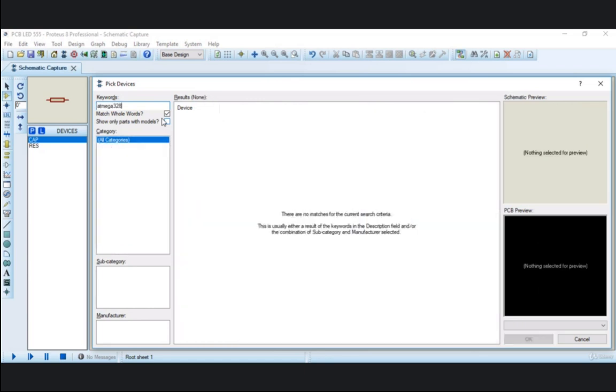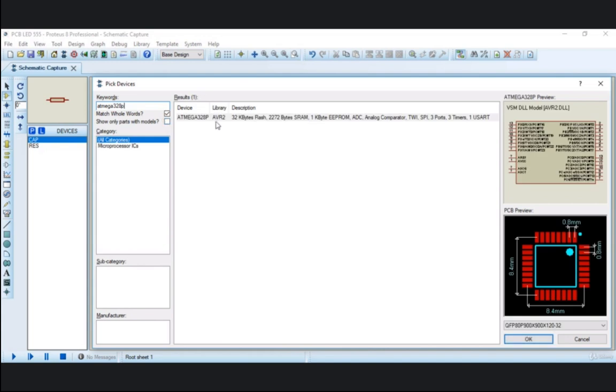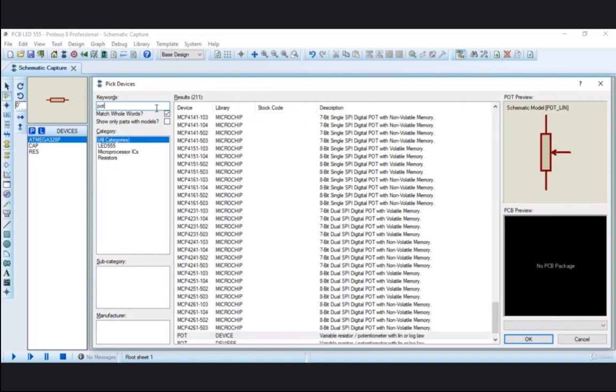So you can also use the Atmega. So the pot.